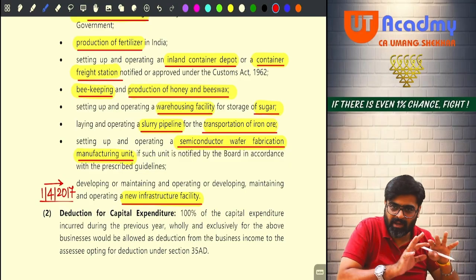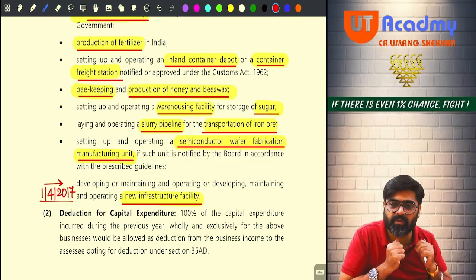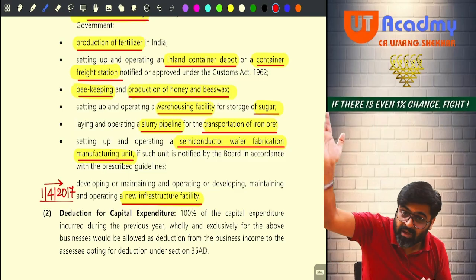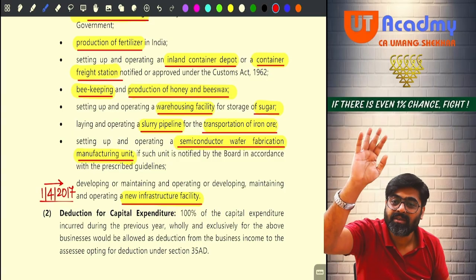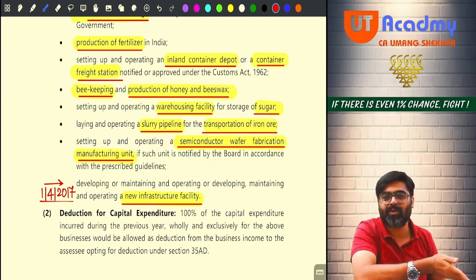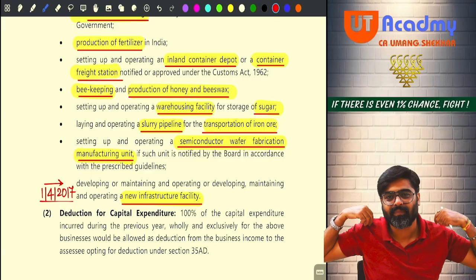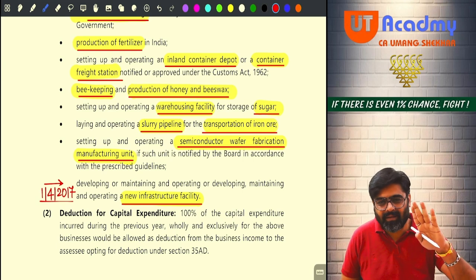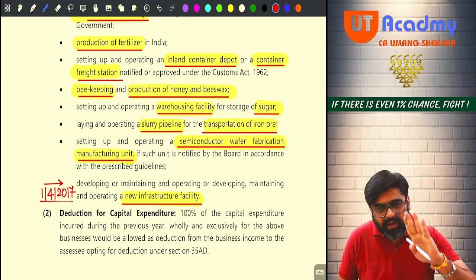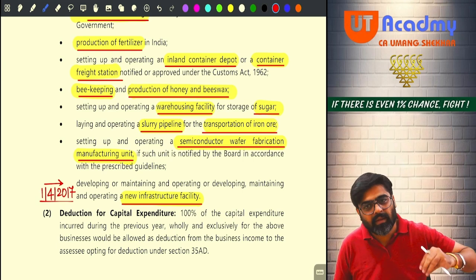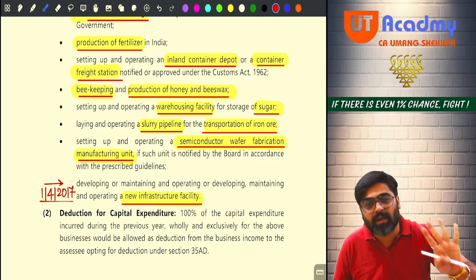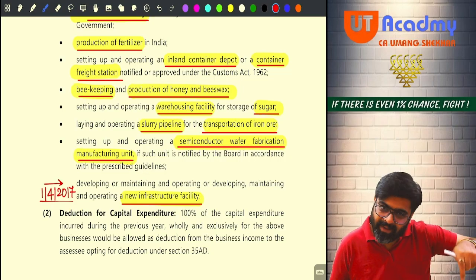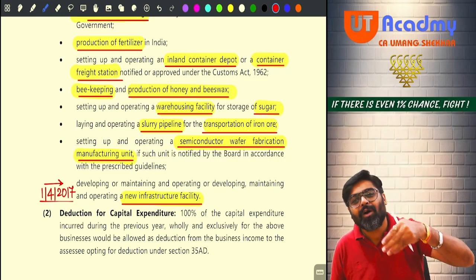Meaning if you are starting the operations right now in previous year 24-25, any of the businesses, the operations are commenced on or after their specified date only if they are commencing in 24-25. Getting my point? And it is not that much relevant. Don't worry. If the operations are commenced right now, 100% the operations are commenced on or after the specified date only, because no date is coming in this year or the last year or the last to last year.